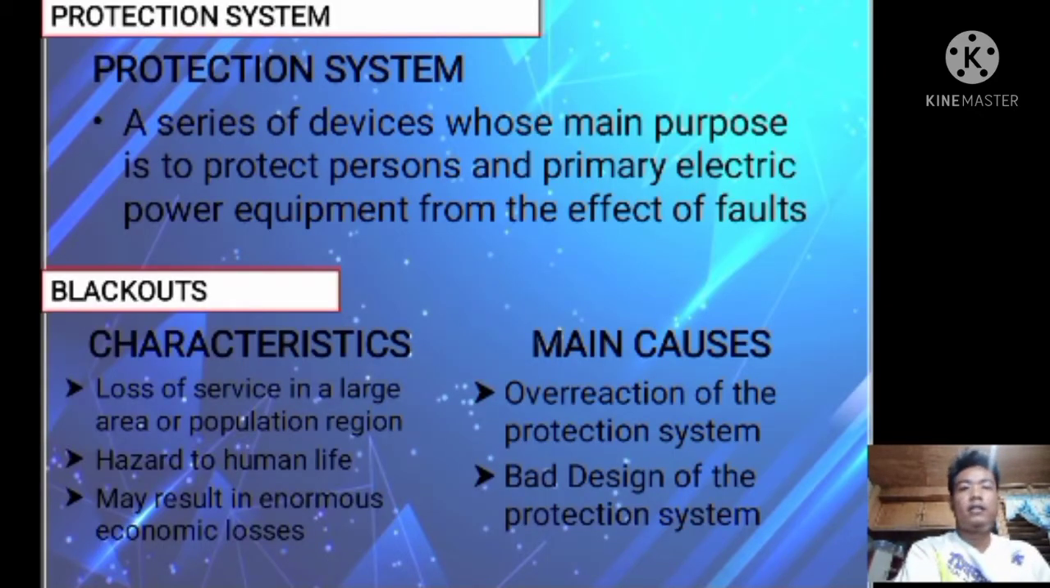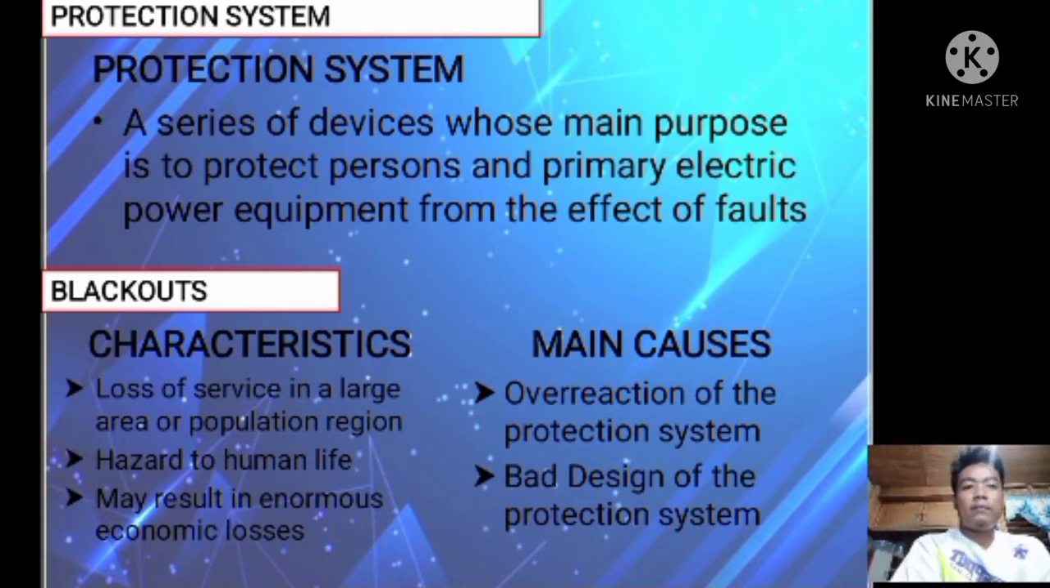Okay, let's start. So first, what is a protection system? A protection system is a series of devices whose main purpose is to protect the primary electric power equipment from the effect of faults. So, this protection system, ito yung mga elements para maiwasan yung mga fault na nangyayari sa isang substation or transmission lines during the fault